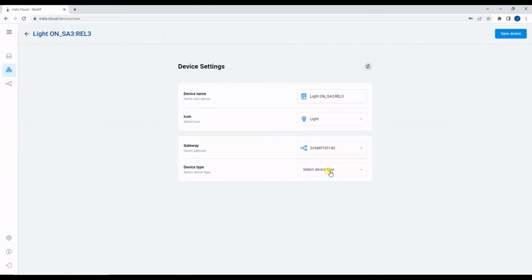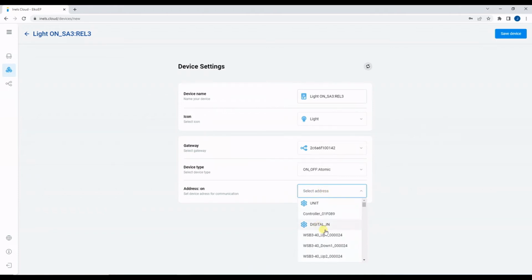This is the bus gateway, and the device type is on and off. Since we selected SA3, then on and off, and we need to select the address. Here all those exported files will automatically come, and we need to choose the right address. That is SA3. This is not the switch. So SA3 relay 3. So save device,